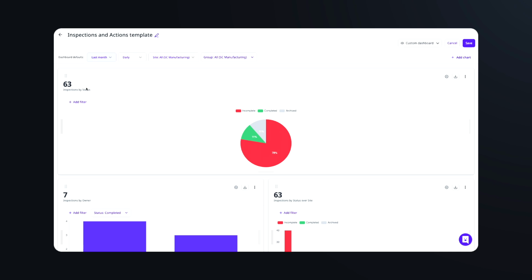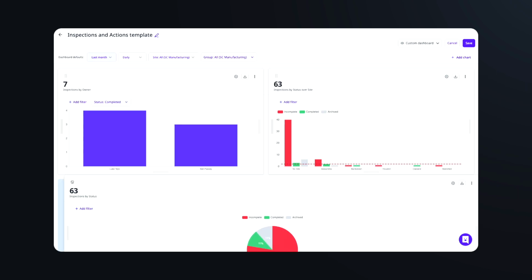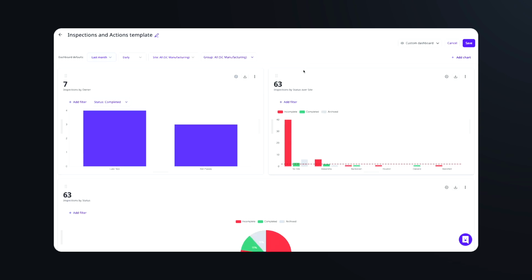The next thing we'll do is configure what this looks like from a shaping perspective. Say this inspection by status dashboard maybe isn't the most imperative as we send this to our executive leaders. We'll move that down and we can configure this by clicking the 6 dots in the top right hand corner. We think this is good for now, so let's go ahead and hit save.